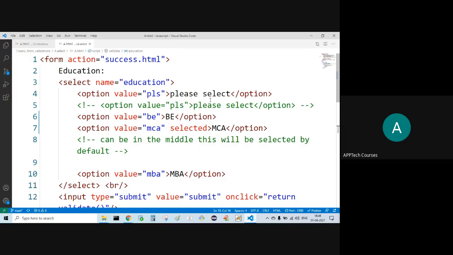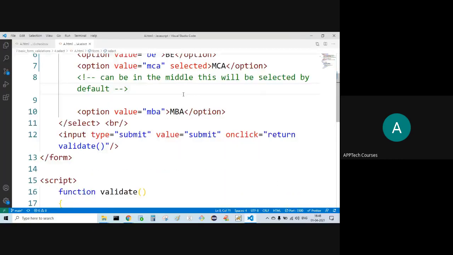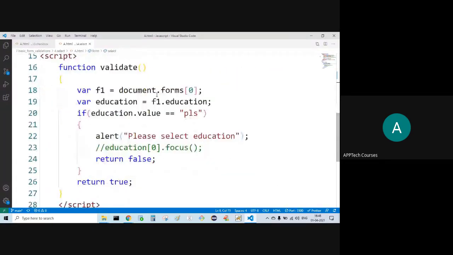Totally, how many options? Four options. What is that inside the select tag? Four options we have. Those options are acting as an array.